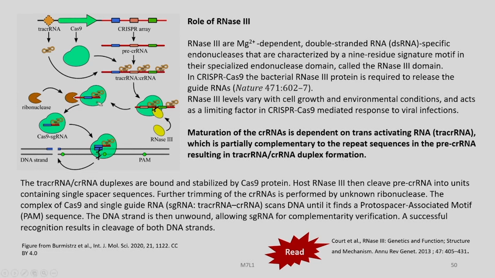The complex of Cas9 and single guide RNA will scan DNA until it finds a PAM sequence. The DNA strand is then unwound, allowing the sgRNA to verify complementarity. A successful recognition will result in the cleavage of both DNA strands. So, for further details on RNase 3 genetics, structure and function, you may refer to this paper in Annual